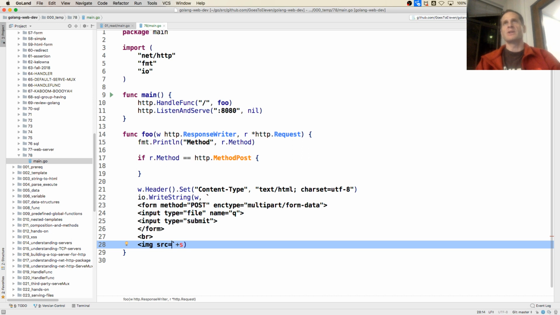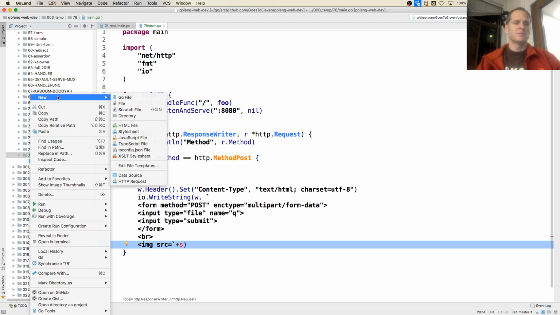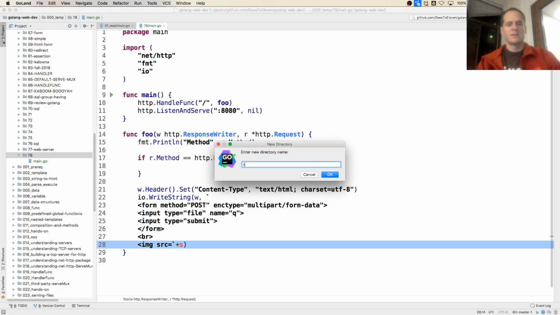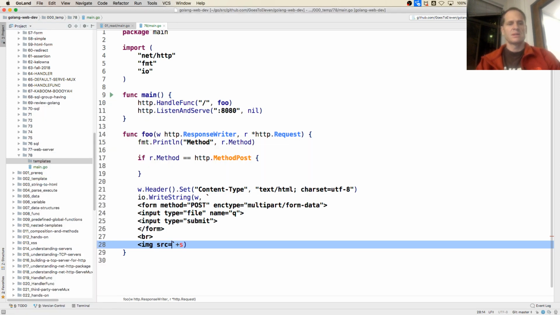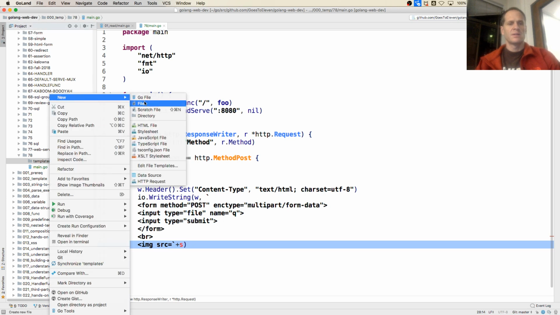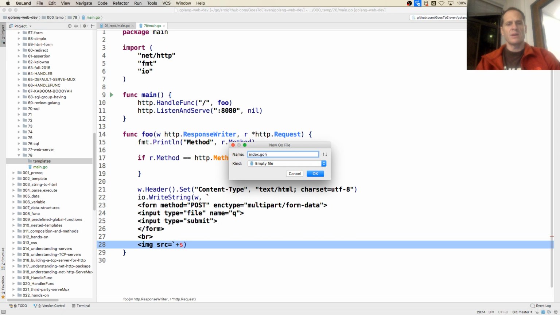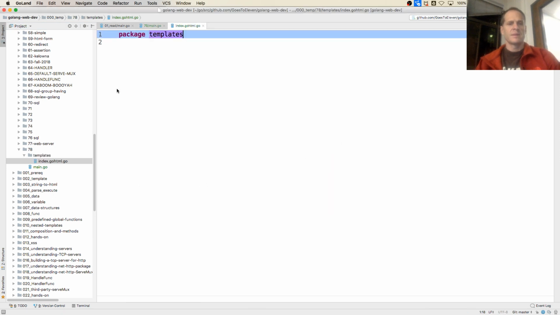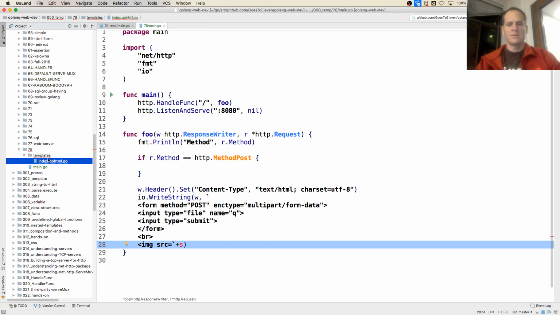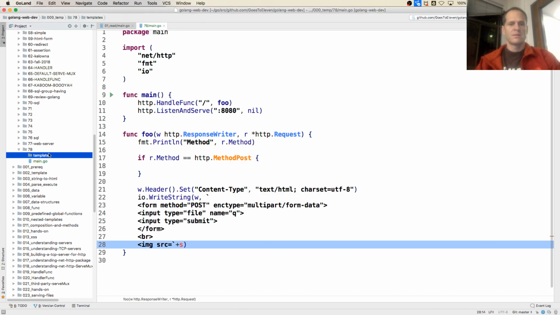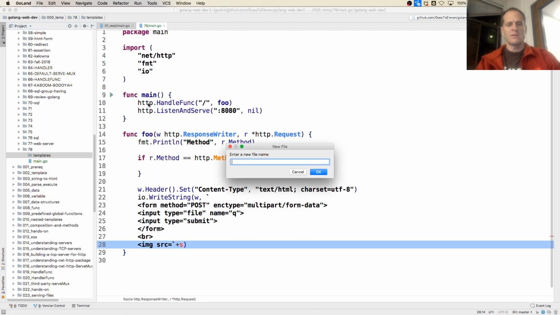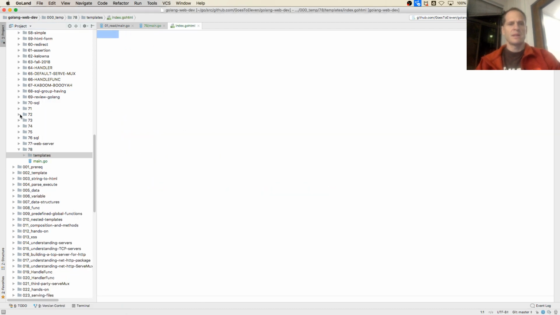Now we have to figure out how to show that image. And so I want to do a directory, templates. Index.go.html. I'll make that a Go file. New file, index.go.html, and